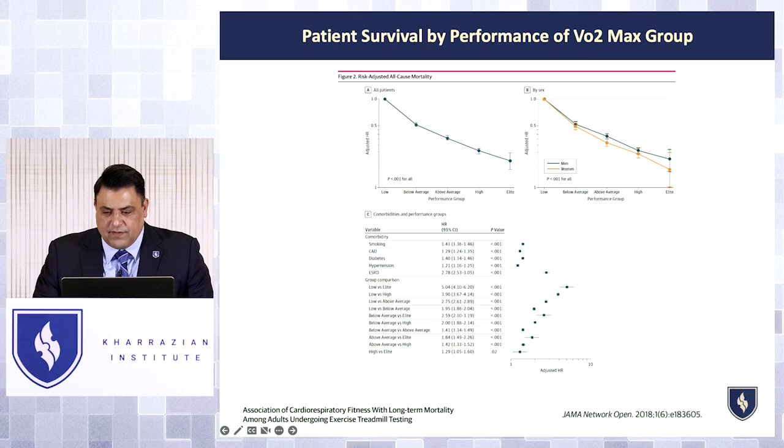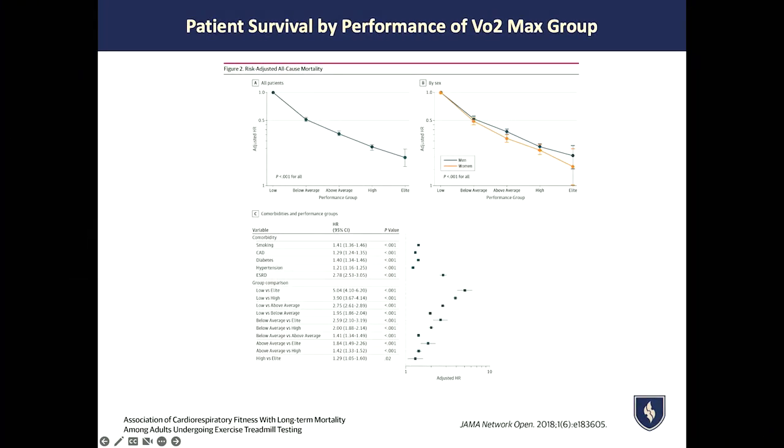And then when you look at this survival performance by VO2 max for men and women, they were looking at different variables, all participants and by sex. Adjusting for this, this is all-cause mortality. The lowest risk is obviously with the elites and high, but above average is a huge difference from very poor health. So you have to have just some degree of fitness to really make a difference, which is easy for most people to do as soon as they just start working out. Above average means people can just basically walk at a very slow pace.